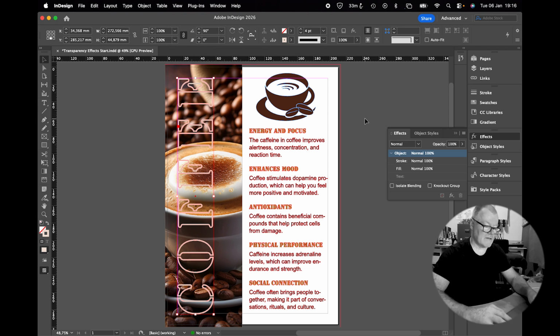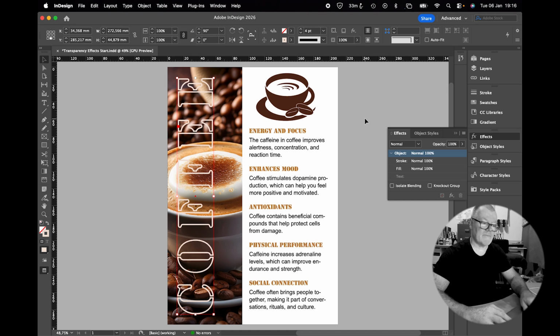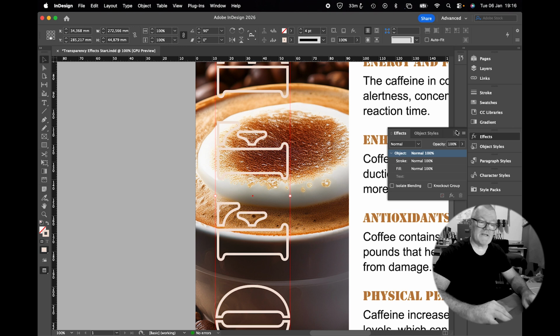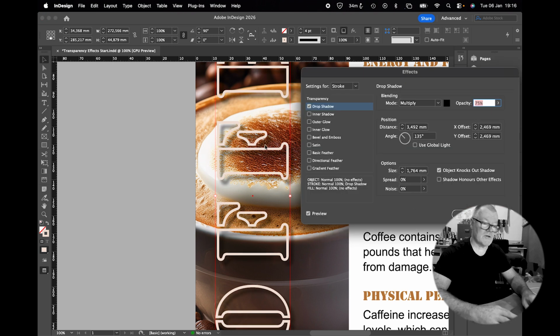I'm going to press W so that I'm in preview mode so I can see what's happening, and I'm going to zoom in a little bit. So in my effects panel, I'm going to do this to the stroke only, and I'm going to go to the FX button and I'm going to choose drop shadow, and you can see it applies a drop shadow here. I want it to be a bit harder than that, so I'm going to change the blending mode to normal and the opacity to 100. I'm also going to change the distance to 2 millimeters and the size to 1 millimeter. So it's a much harder